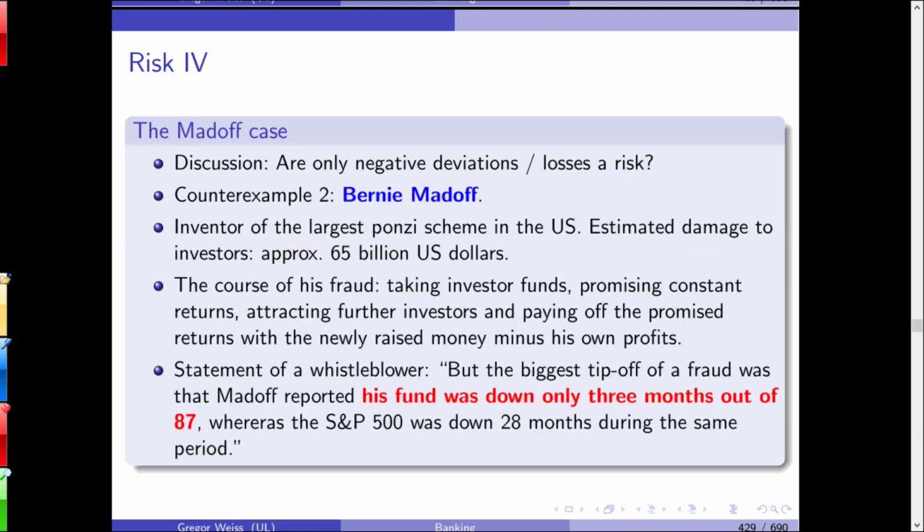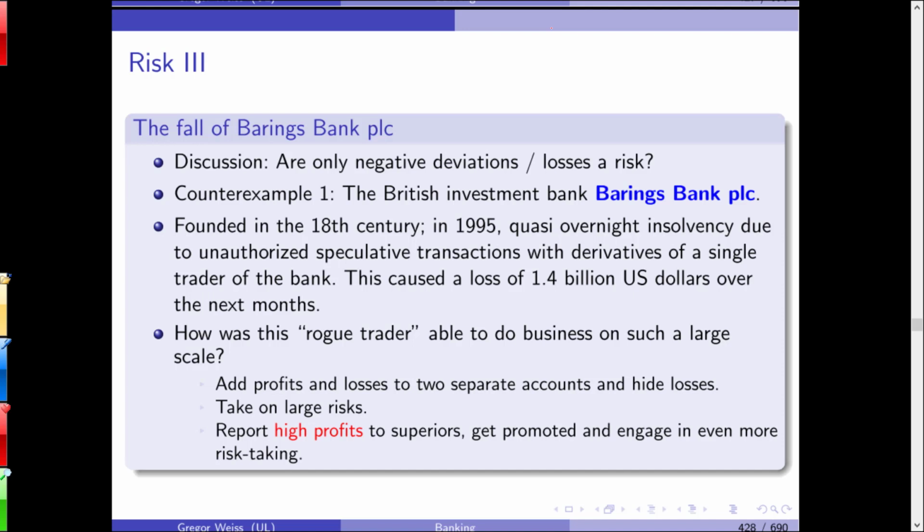And then what happened? Something happened that he couldn't anticipate. The 95 Great Hanshin earthquake in Japan. Hanshin, that's the name for the region of Kobe and Osaka. The Hanshin earthquake killed almost, I think, 3,000 people. And it was a huge disaster in Japan. And some of you might have seen this.